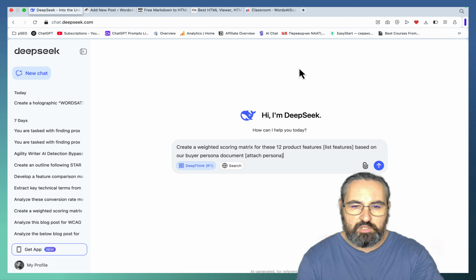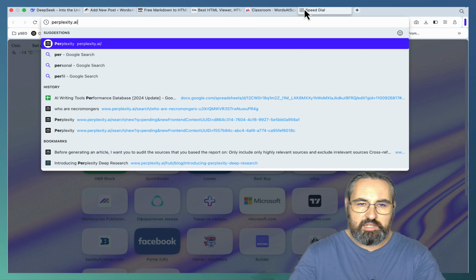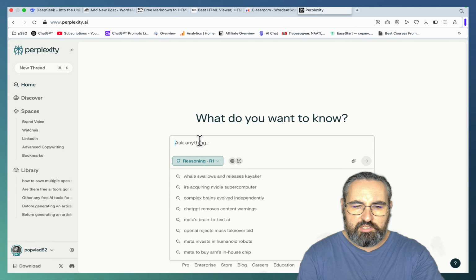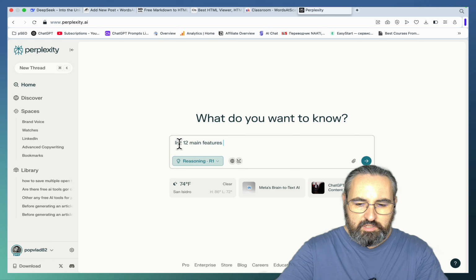And you can actually use DeepSeek with the search feature. I won't be doing that because I don't want to open two screens and I don't want to time out because DeepSeek sometimes does that. So we can actually use Perplexity. So for the list of features, we can do list 12 main features of